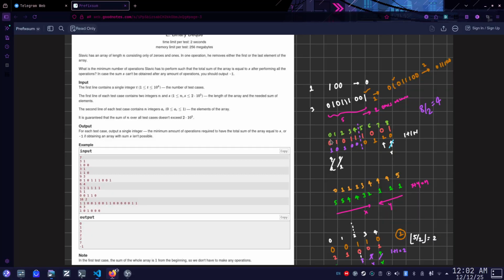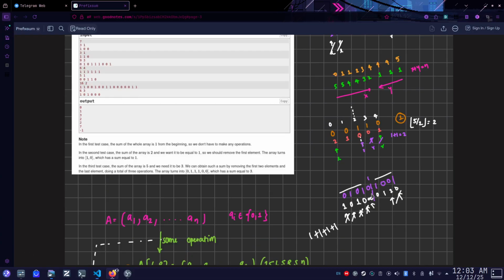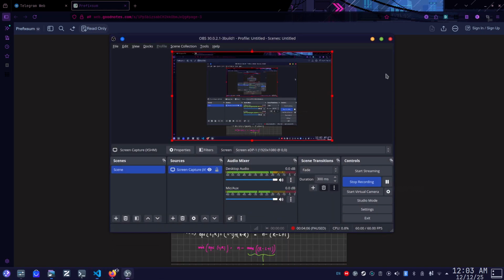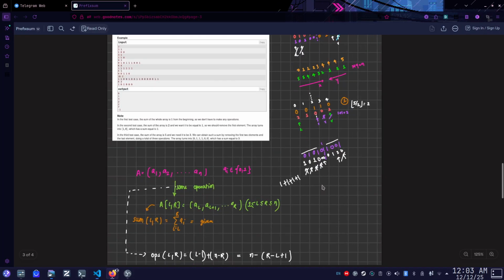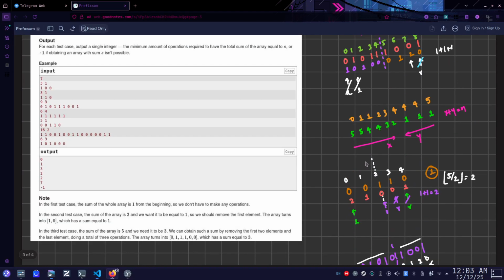So this 0 is closest to this 1, so it has to do one operation to reach it. For this 0 it has to do 2 operations: first the removal of this 0, then this 0 to reach this, so it is 2. So it is the pivot element from here, and if the pivot element is 0, as you can see, we can mark it as infinity and iterate based on that. So using that we can basically do what